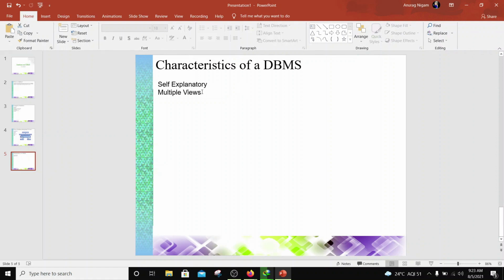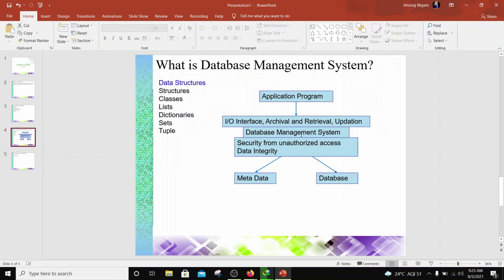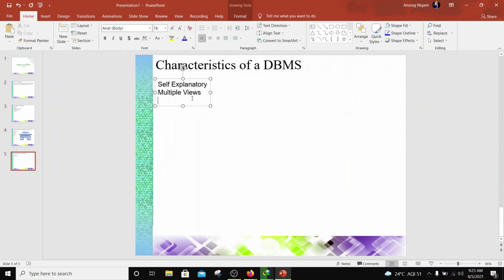So that's another. The third thing is there is isolation. That's covered in the first part itself. There is isolation between the application and the database, right? So the information is built into the database, not in the application program. So that's there. The next thing is going to be